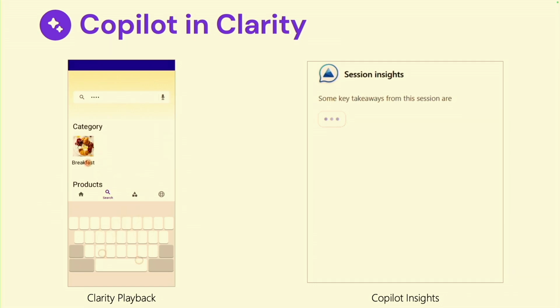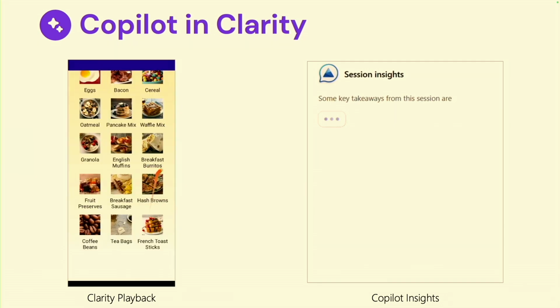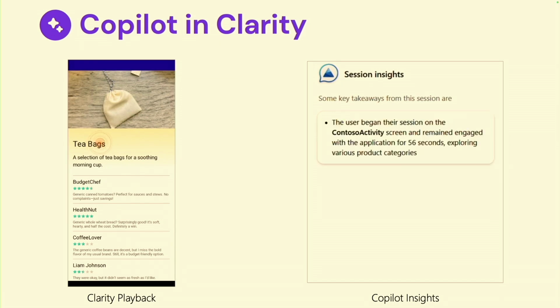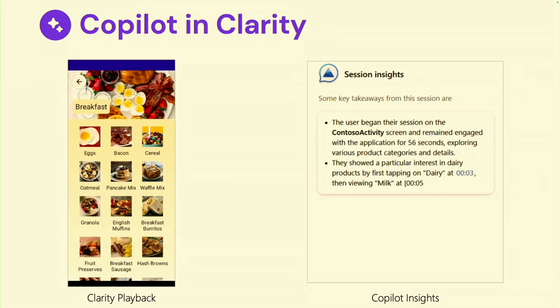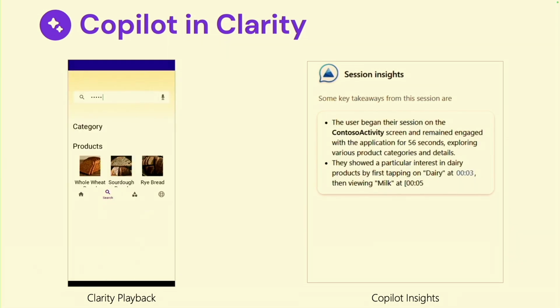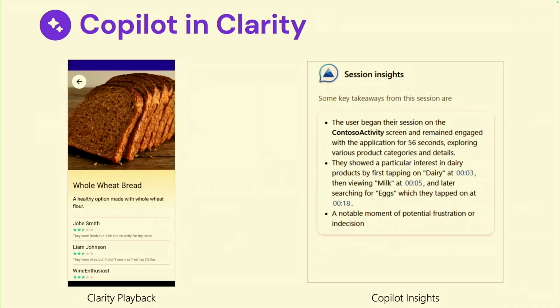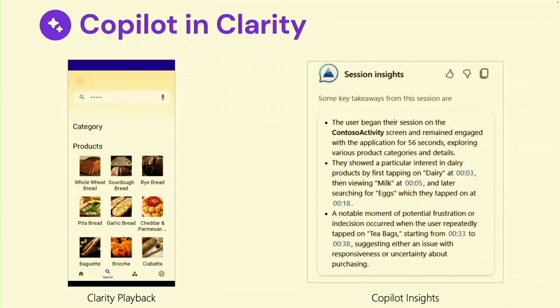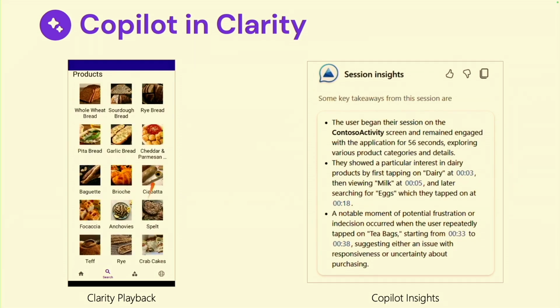But rather than going through all of this, you just ask Copilot to give you a summarization of this session. And in a few seconds, Copilot will give you a summary. The user began their session on this activity and remained for X seconds. They showed a particular interest in dairy products and tapped on milk and eggs. And finally, for the last insight here, it tells you that the user was frustrated at some point in your session, and you might need to go to this particular segment and check it to see how to resolve the